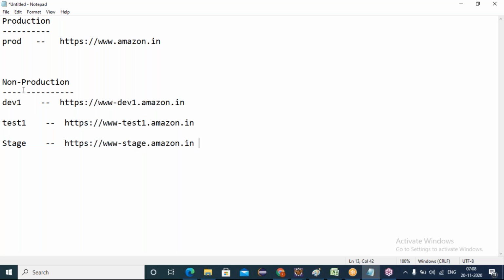Friends, see here. Suppose we have a requirement to develop some features. So what is the first role that will be involved? Developers. Friends, no developers and no testers will be interacting with the production server to develop the features and test the features